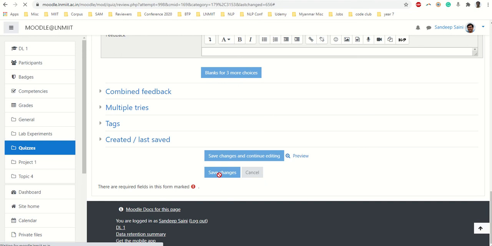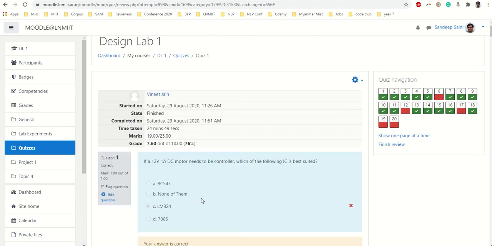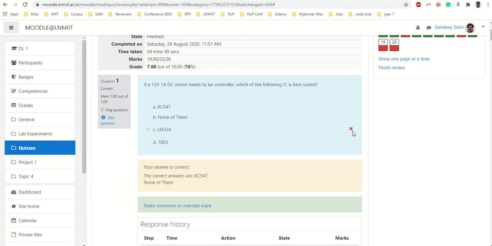I go to save changes, and once this is done, it shows, right, this is the incorrect answer. Earlier he had ticked LM324, so now that is a wrong thing, and it is saying the correct answer is BC547, but the marks are still 1 out of 1. So we will click on finish review,